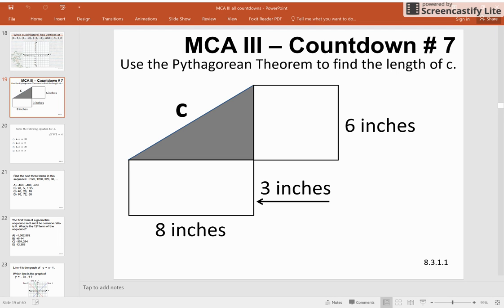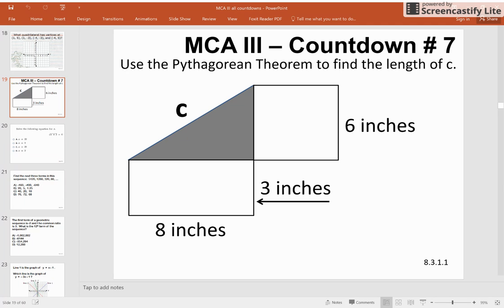So in this right triangle, which you can verify right here is a right triangle, this must be a square. So this right here would be 6. So that would be 6 squared. I'm looking for this distance right here, which would be 8. So I want to avoid this 3. I don't even need it at all. So I'm doing 6 squared plus